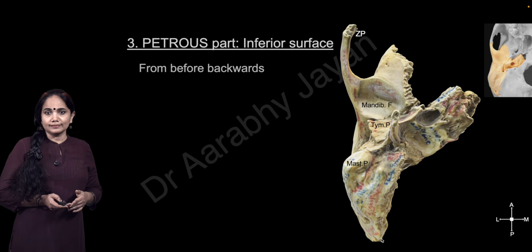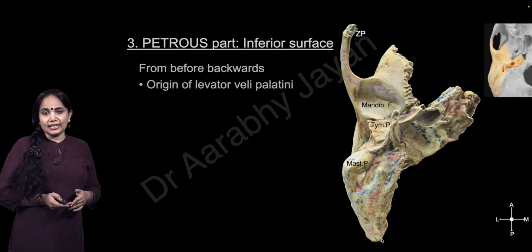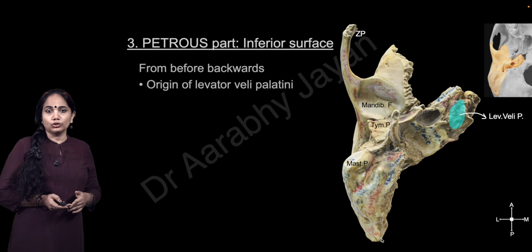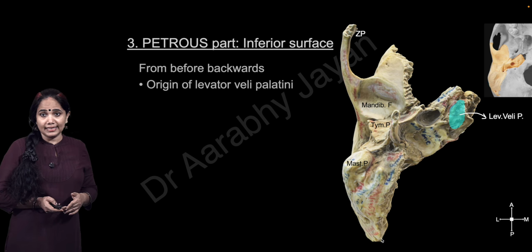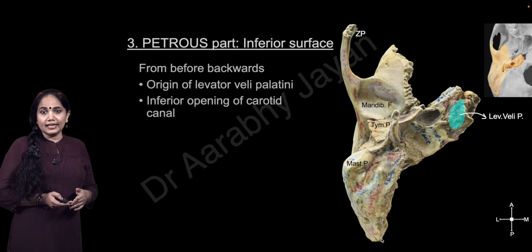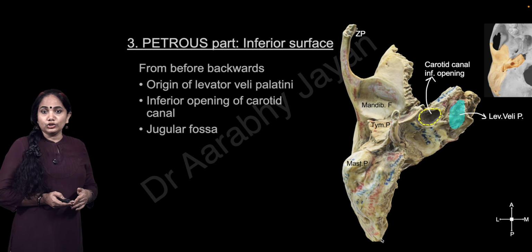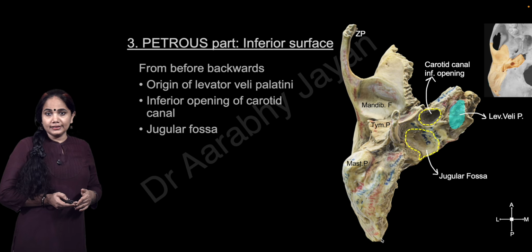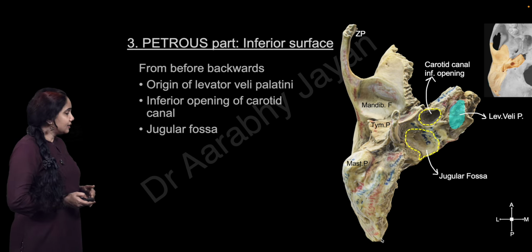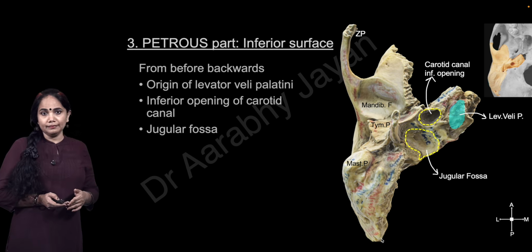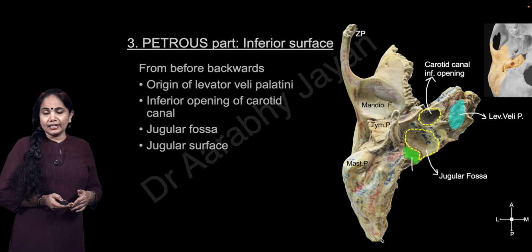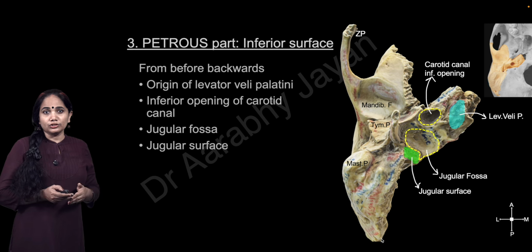the mandibular fossa. From before backwards, we have the origin of the levator veli palatini. Behind that, we have the inferior opening of the carotid canal. The jugular fossa is present behind the opening of the carotid canal. It lodges the jugular bulb. And behind that, we have the jugular surface, which is a rough area which articulates with the jugular part of